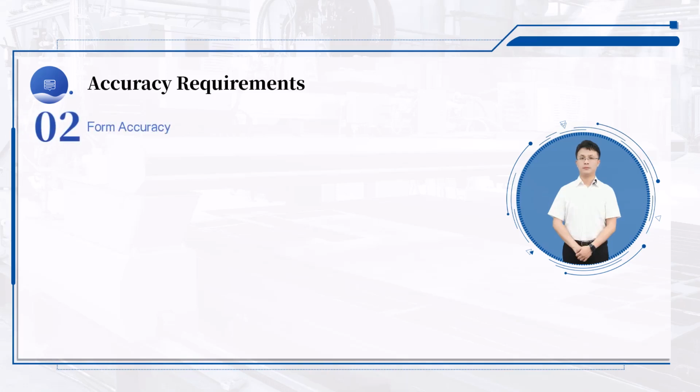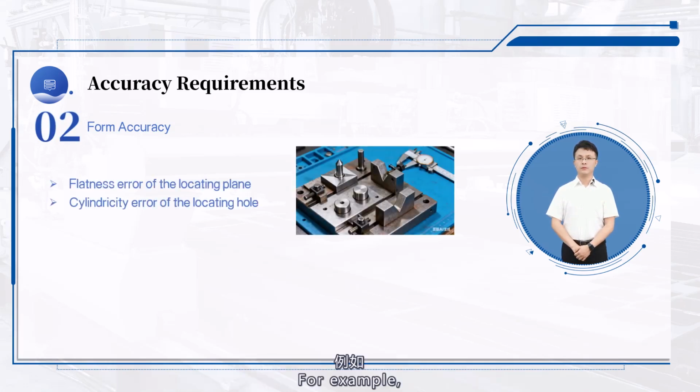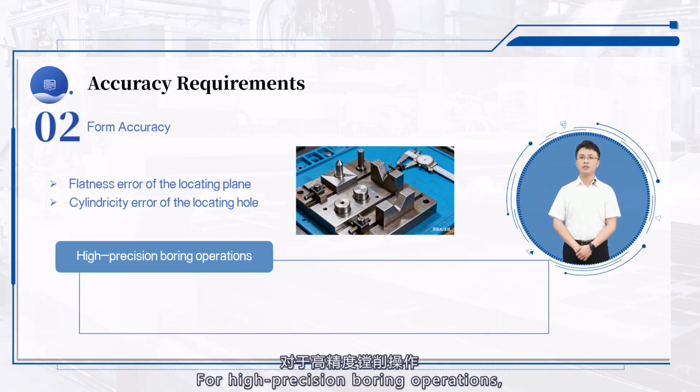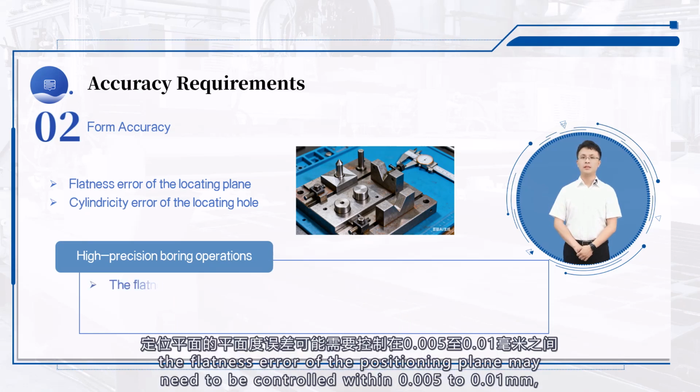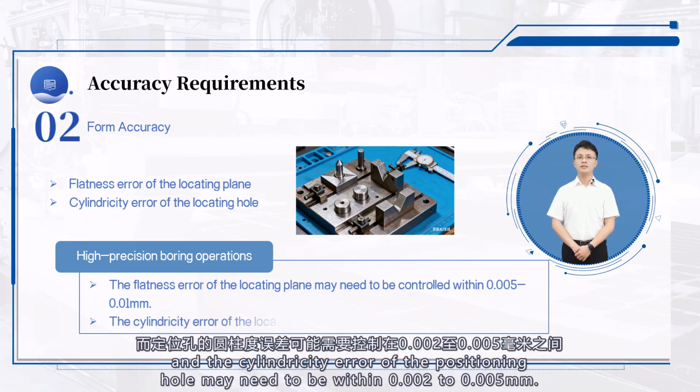Shape accuracy. The shape accuracy of the positioning elements is also crucial. For example, the flatness error of the positioning plane and the cylindricity error of the positioning hole can affect the positioning accuracy of the workpiece. For high-precision boring operations, the flatness error of the positioning plane may need to be controlled within 0.005 to 0.01 millimeters, and the cylindricity error of the positioning hole may need to be within 0.002 to